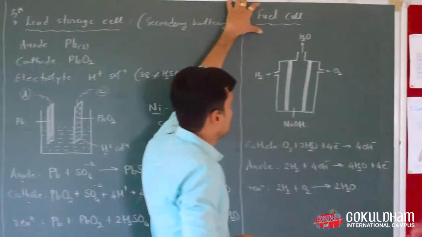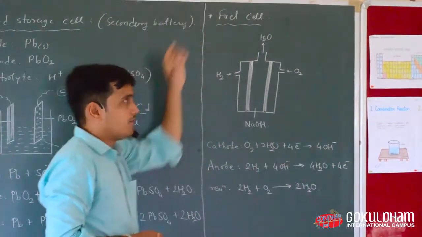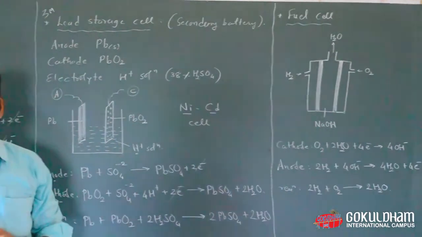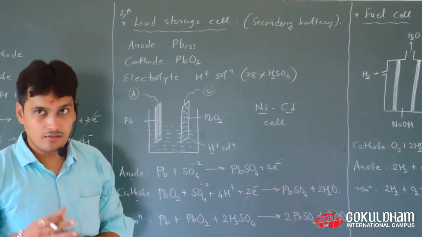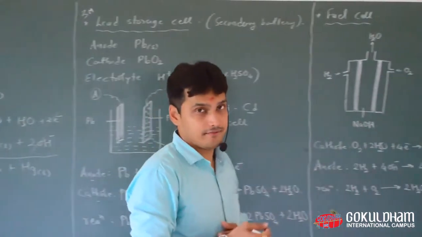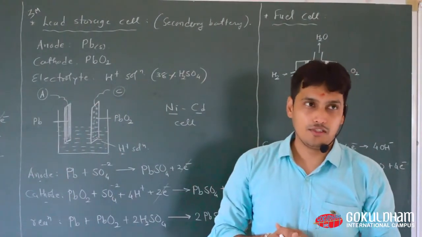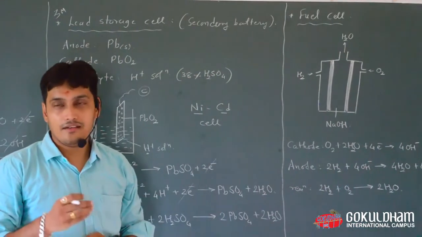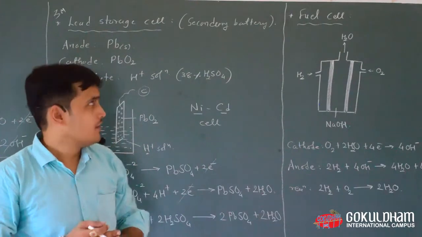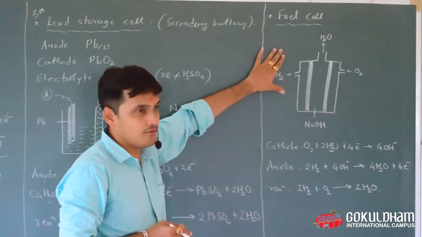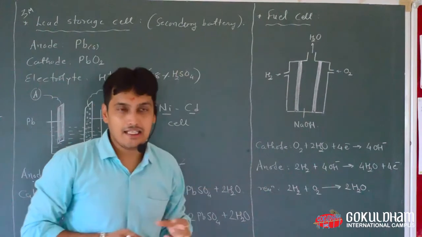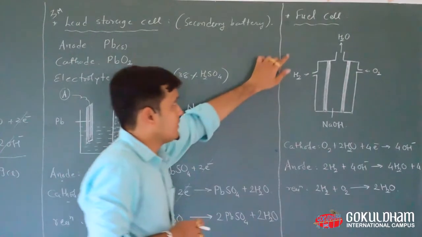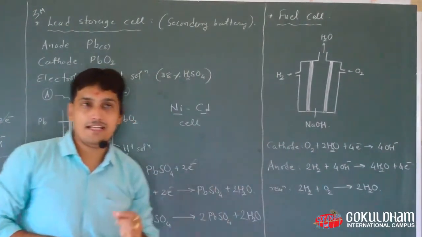The third cell is known as the fuel cell. Fuel cell means, we know thermal power stations are a main source of pollution and noise pollution, and the output of a thermal power station is very low, near 40% only. But in fuel cells you can gain 70% output, because these fuel cells are very silent.